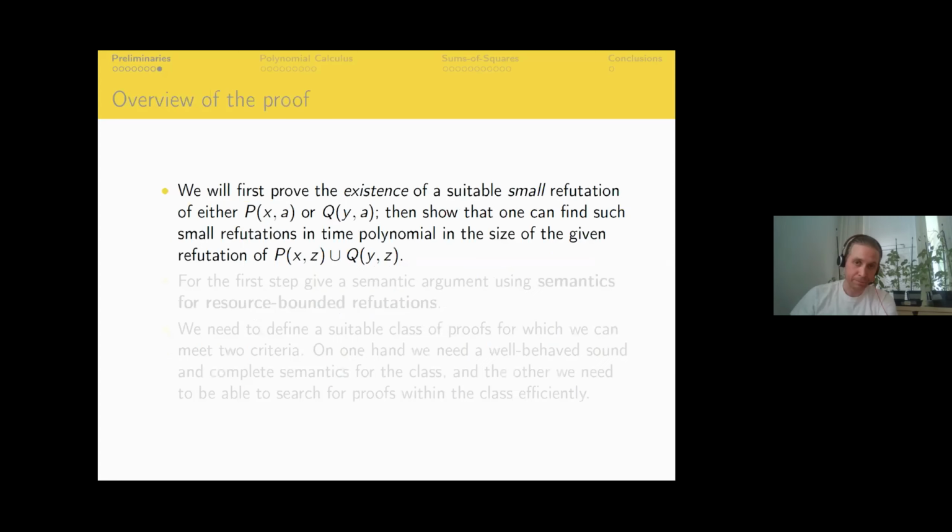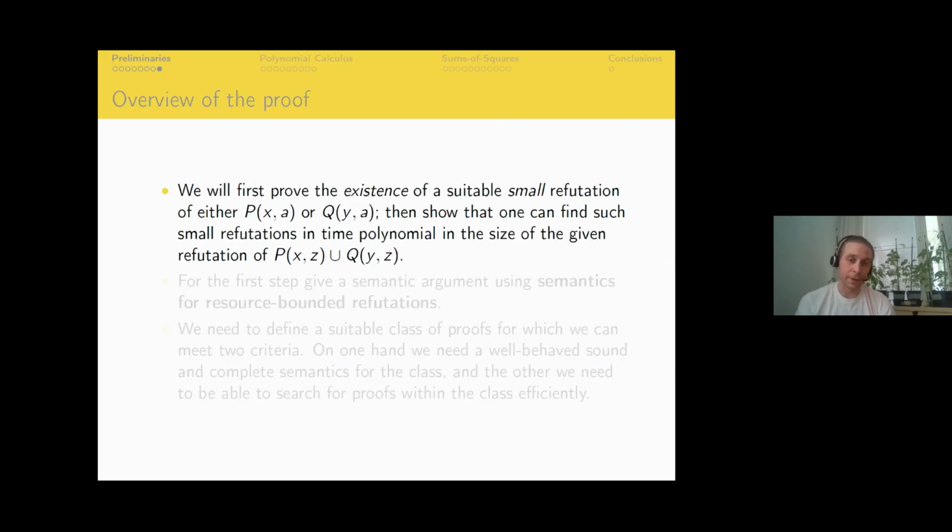So just a few words on the overview of the proof. So what's the general idea here? The proof itself is actually quite logical in character, in that we first prove the existence of a suitable small refutation of one of the conjuncts, and then give in both cases a simple proof search algorithm